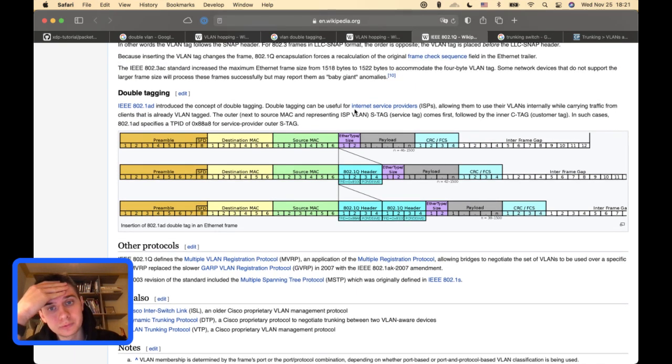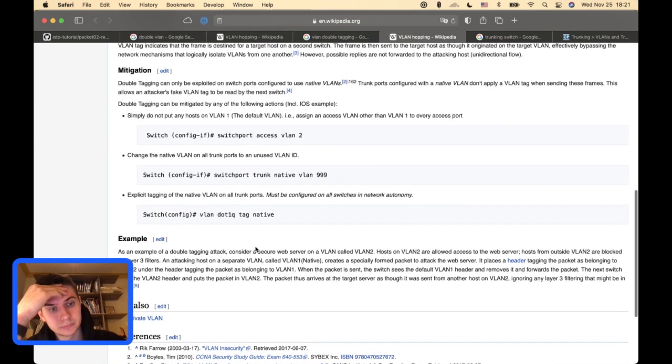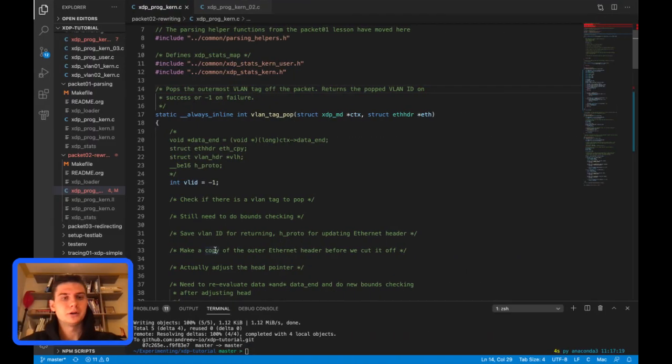Double tagging can be useful for internet service providers, allowing them to use their VLANs internally while carrying traffic from clients that is already VLAN tagged. The outer comes first. What if there can be more than 2 tags? All right. Anyway,